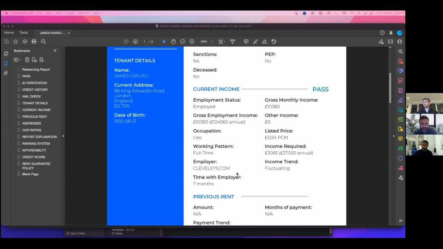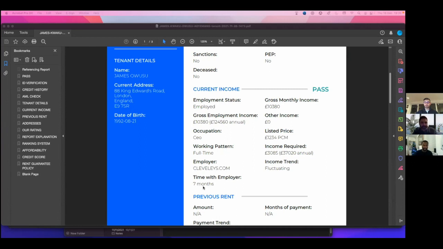We tell you the employer's name as it is displayed in their bank account. So if somebody tries to be clever and says, oh no, I had a refund from Tesco, it will show as a Tesco refund. And obviously it will show 1 month. So when you receive the report, you can say, listen, sorry mate, I'm not an idiot, don't take me for an idiot. Get a check again. And essentially it will tell you how long the person has been receiving this income for,